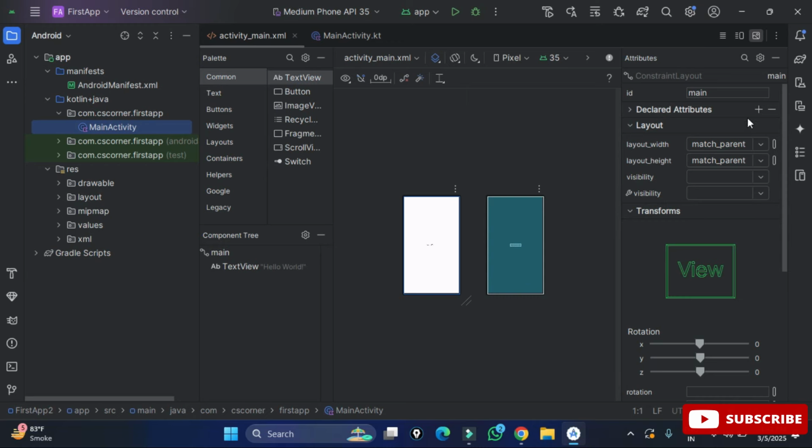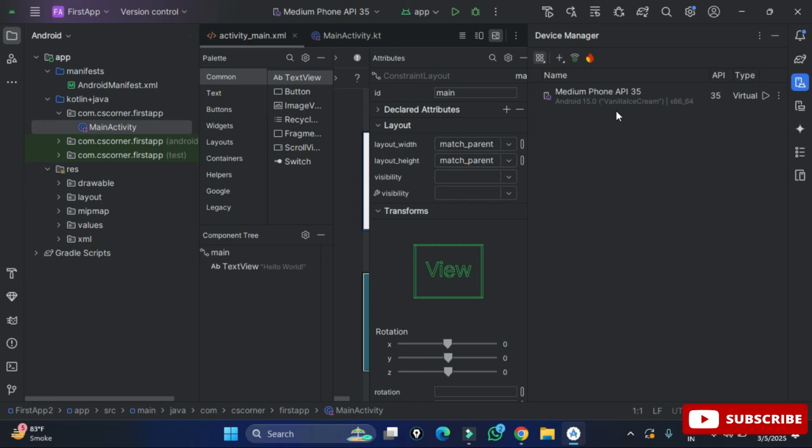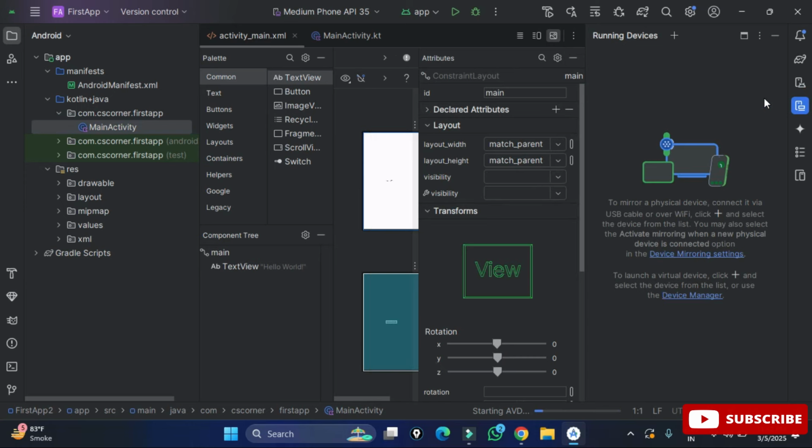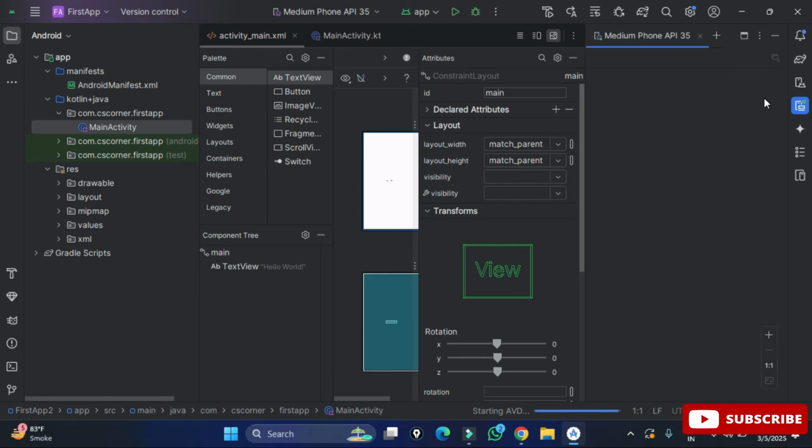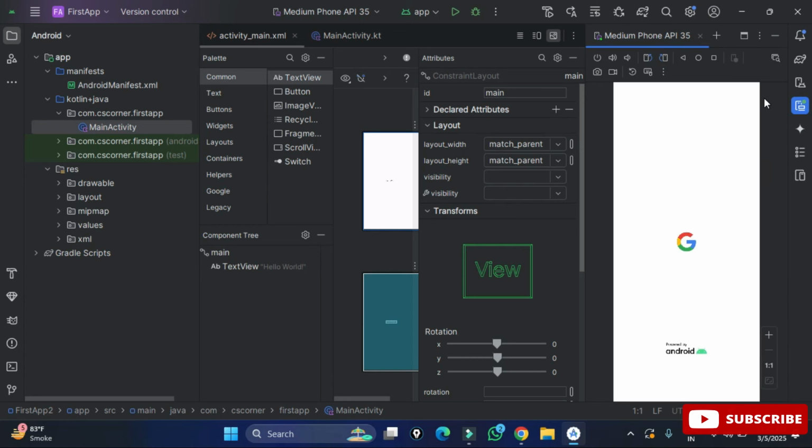We have already installed Android virtual devices. Here you can go to device manager, and you can see my Android virtual device with its name. I'm going to start this Android virtual device. When you start it, it is not going to run your app. To run your app, you need to click on the play button. Here I'm just starting this virtual device to show you that my device is running. Now let me click on this play button. You can see my Android virtual device has been started. Now I'm going to run this application on this Android virtual device.